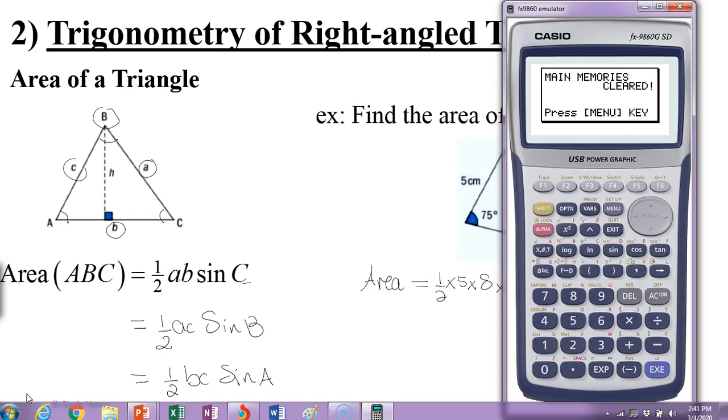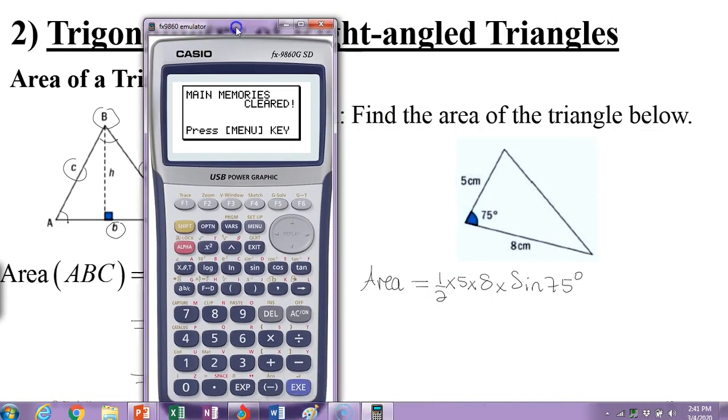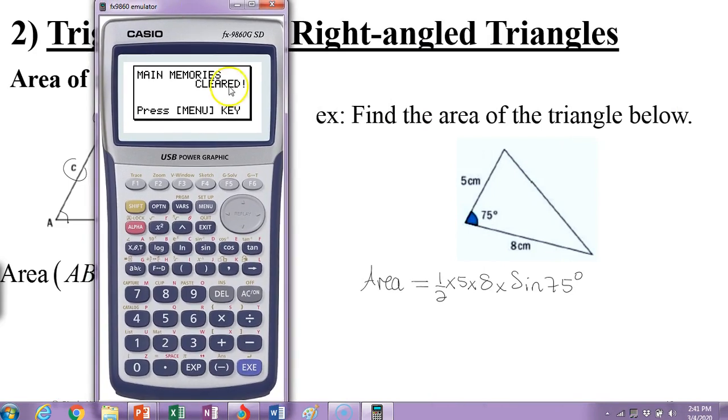So if we open up our calculator here, let's just move it a little bit. Okay, so over here we go to the menu, the run menu. So we have 20 here times sine of 75 degrees. Now this calculator, I think, is set for radians, so it's 75 times